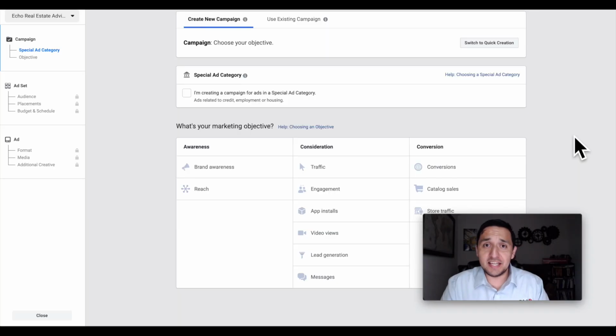Okay, let's dig in. If you've run Facebook ads, this is going to look very similar to you because it is the same platform. Instagram is owned by Facebook, so they use the same platform. The big distinction is going to happen in the ad set level where you're selecting your placements. But everything else is going to stay pretty much the same.